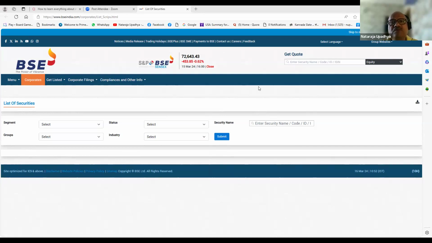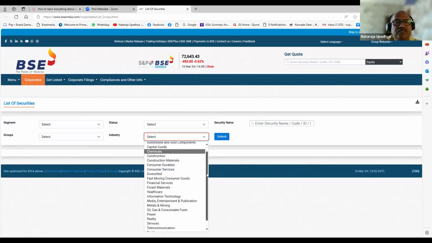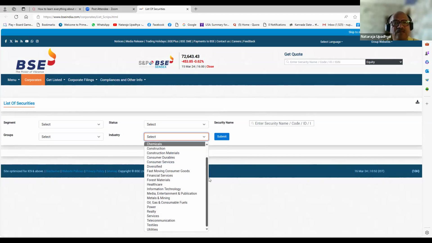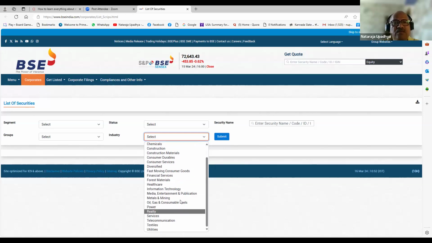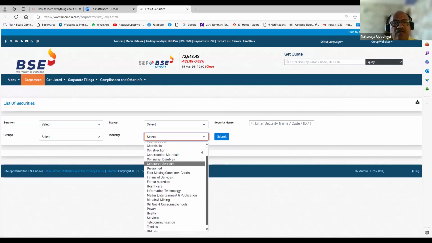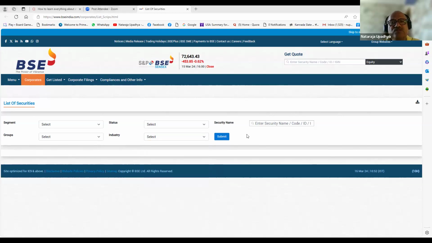I would urge you to understand these 191 industries, what BSE talks about. So whether it is chemicals or diversified or realty, textiles, this list is huge. Yesterday when I checked, it was a big list. So this is one good source to understand